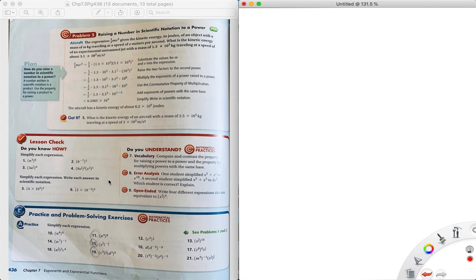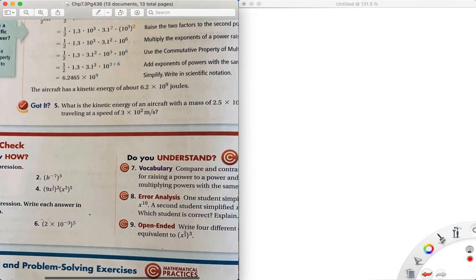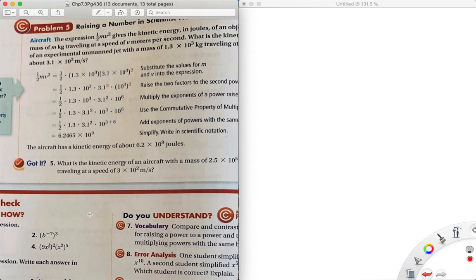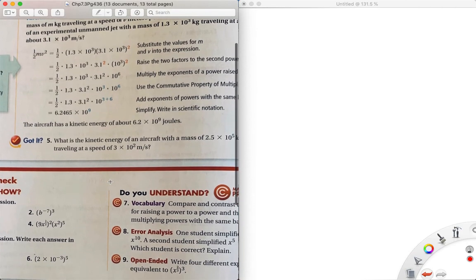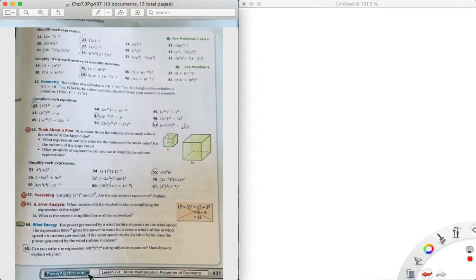Alright. What is the kinetic energy of aircraft with... So I'm not going to... I mean, I could do this and use the whole 1/2 mass times velocity squared and stuff. But that's more of a science type problem. It's more of a physics type problem, really. And you'll see it in physics, so there's really no point. So don't expect that on the test, and I don't really feel the need to go over that. All right, so that is